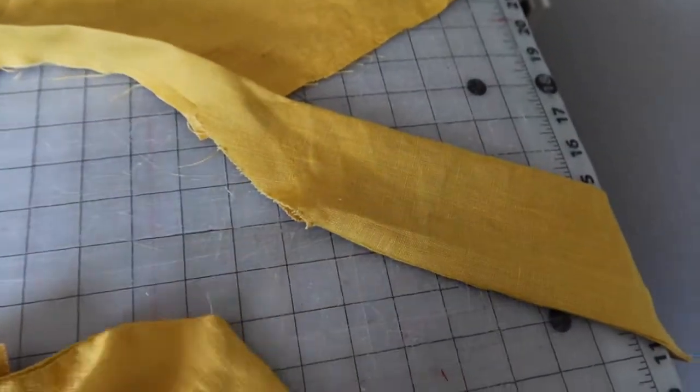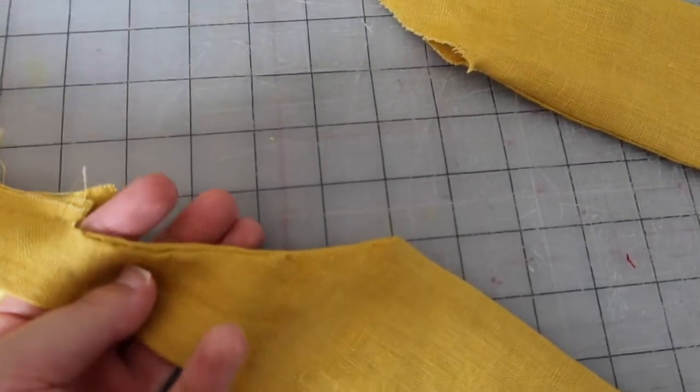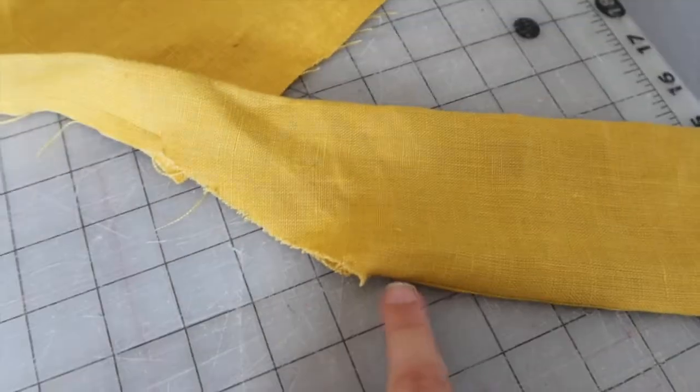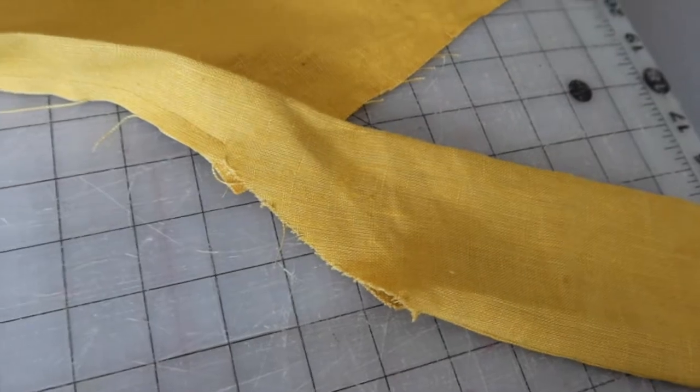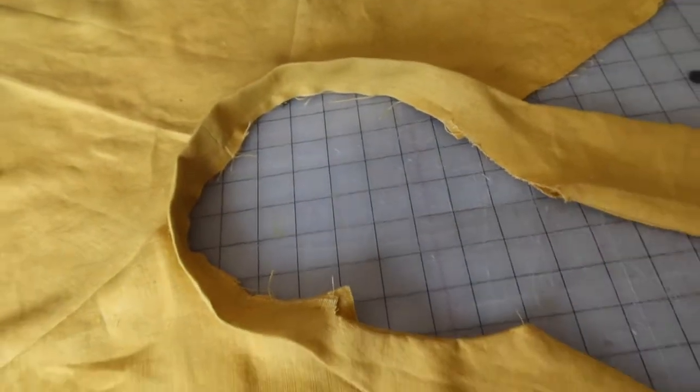And here are also the ties. This is a completed tie. I've turned under this edge and slip stitched it. And this edge is not slip stitched, just to show you the difference there. So I'm going to slip stitch that edge